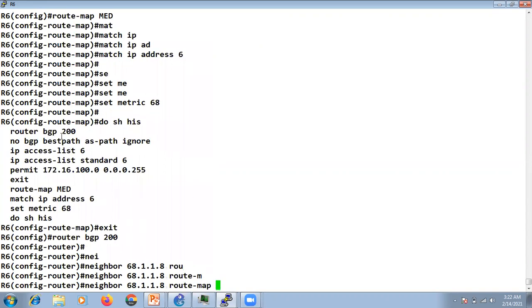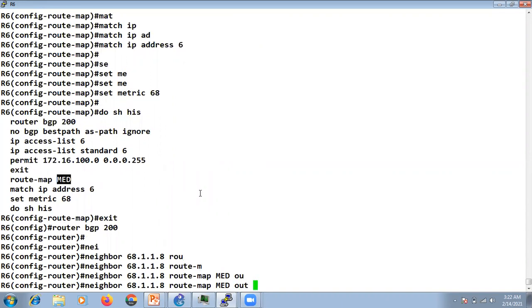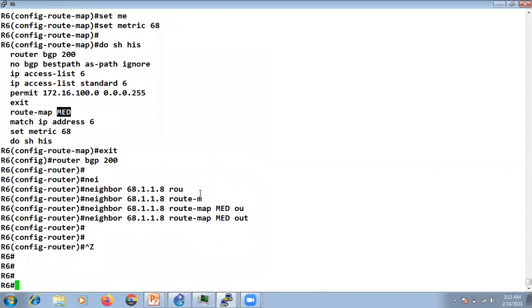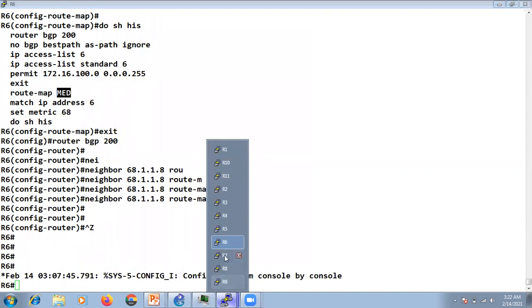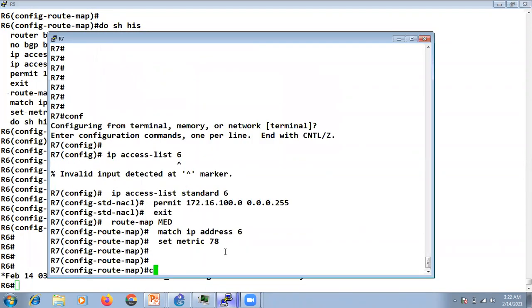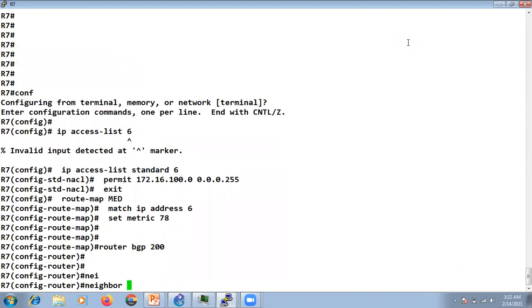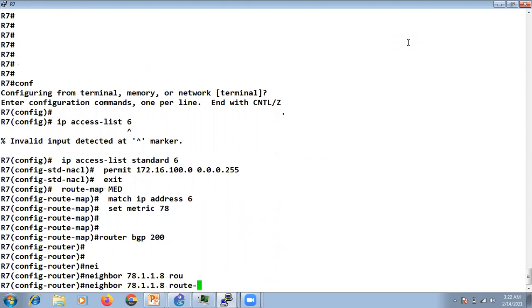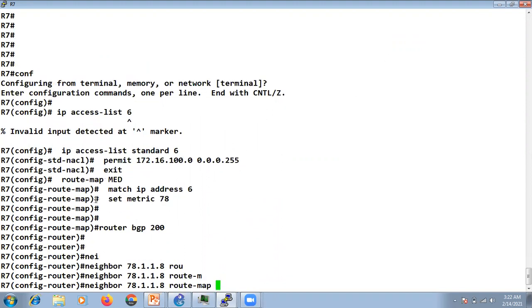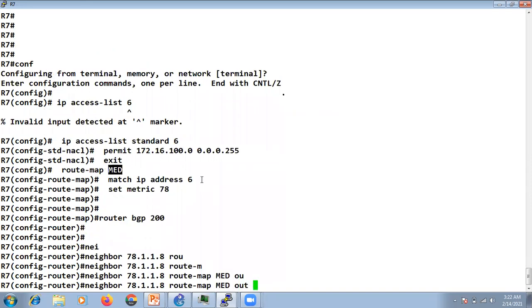The name of the route map is MED, I will say out, right? Same, I will go to R7 and I will say router BGP 200. My neighbor IP is 78.1.1.8. Route map name is MED out.